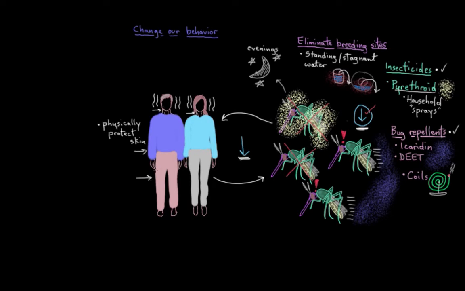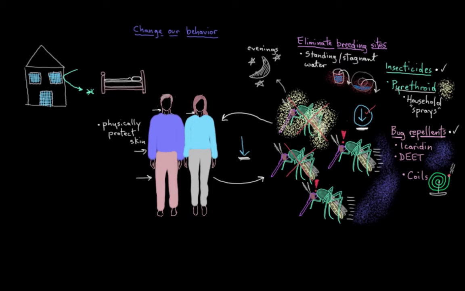So when we cover them up, we cover up the smell from our little skin oils as well. We can also do non-behavioral things too. We can modify our house a little bit. So we can put screens on our windows and screens on our doors to keep the mosquitoes out. And we can sleep in beds that are covered with mosquito-proof netting, so we're not getting bitten in the night